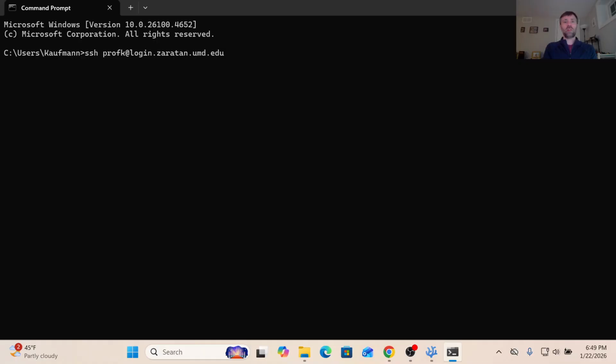login.zaratan.umd.edu. This looks sort of like an email address because those two things are somewhat related there. In fact, you might be able to send email to someone at a machine that looks like this. But in this case, it's really a user identity at a specific server of some sort that we're going